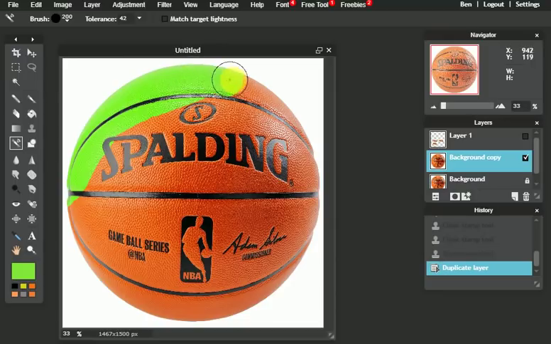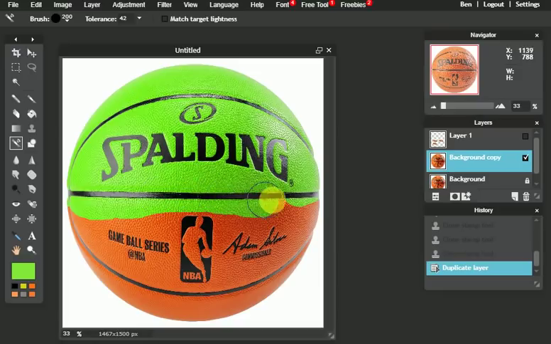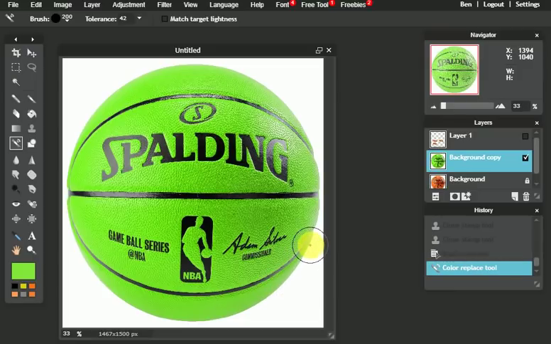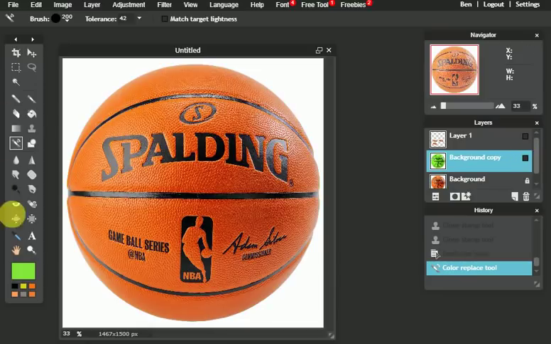it actually replaces the orange of the basketball with a green, but if you look closely you can see that it keeps the texture and shading information. It's darker in areas where the basketball is darker. It keeps the little dimples on the ball intact as a texture. So this color replace tool is really nice if you are trying to, say, change the color of a basketball or something else and you want to do that. So I'm going to go ahead and hide this background copy, and we'll go to the last drawing tool, which